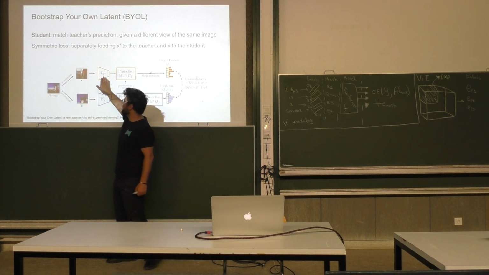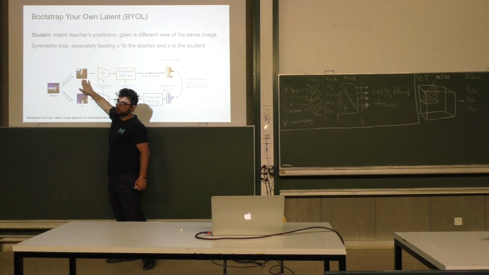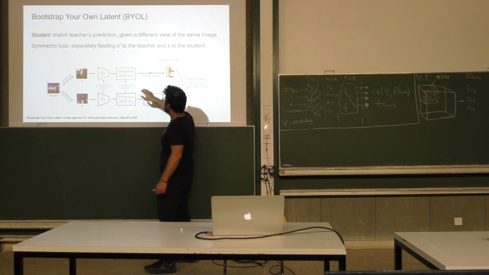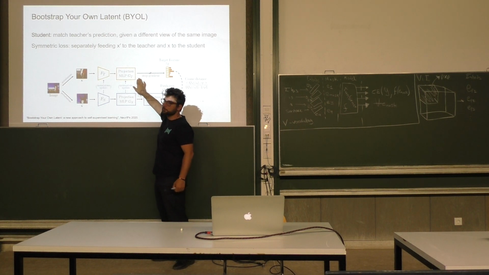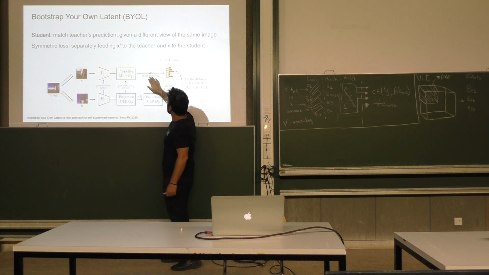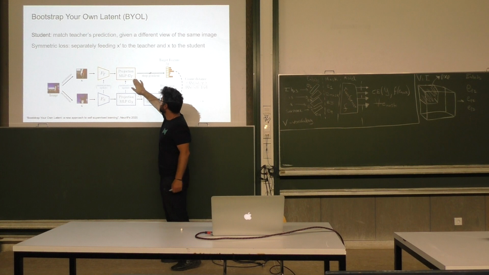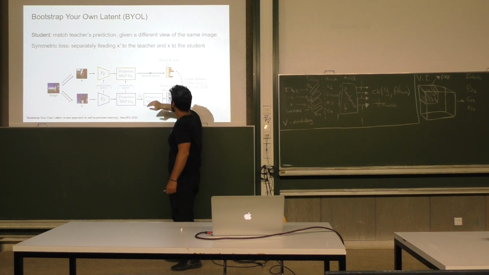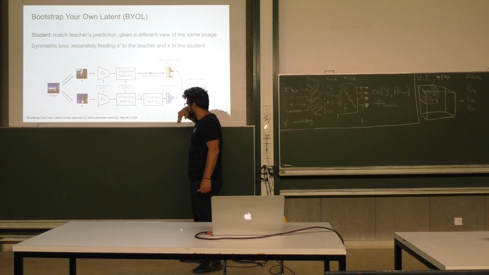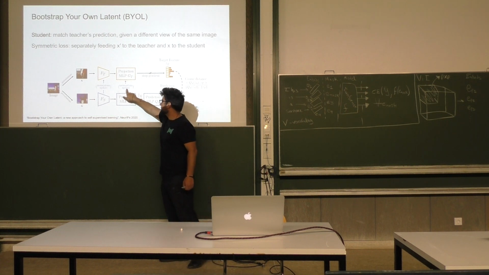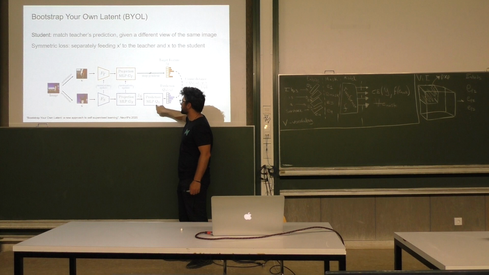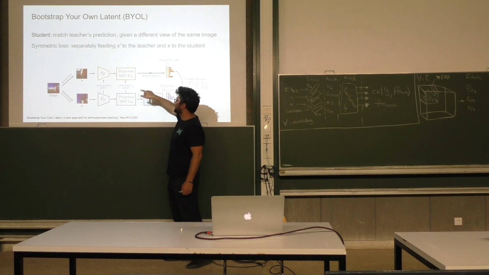of course, the teacher has access to more information. Third, the teacher is not allowed to learn. So here we could do output.detach or with torch.no_grad, whatever. And we have the projection. We have this output here. And the third or fourth change is that they add another MLP. So exponential moving average, a second MLP on the student side, and stop gradients. So this is the first